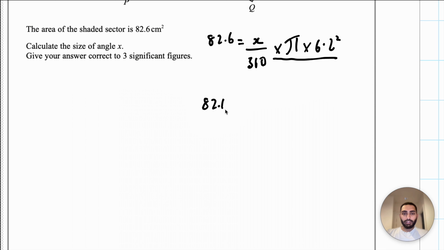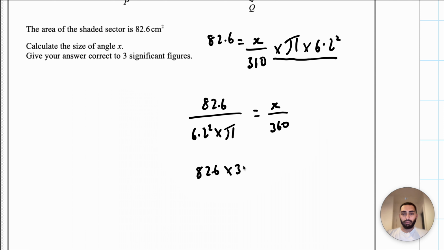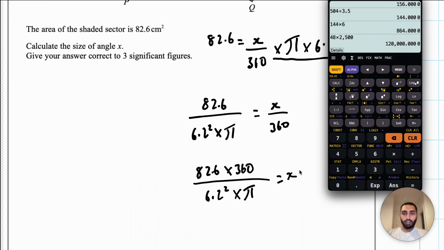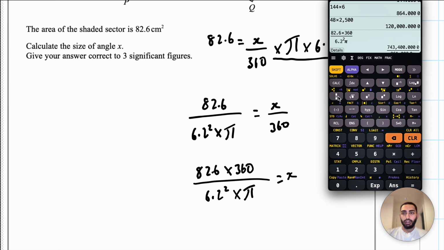So 82.6 divided by 6.2 squared multiplied by pi is equal to x over 360. So x is being divided by 360, just need to times it by 360. So I can write it as 82.6 times by 360 over 6.2 squared times by pi. That will give me my x value. So let's type all of that in. 82.6 multiplied by 360 over 6.2 squared multiplied by pi, which is